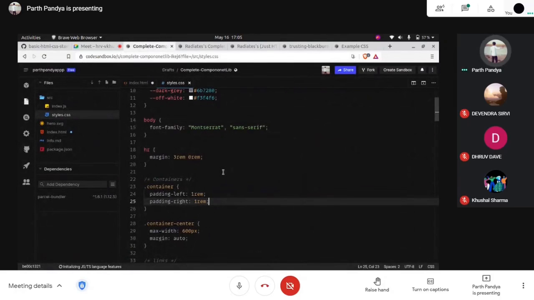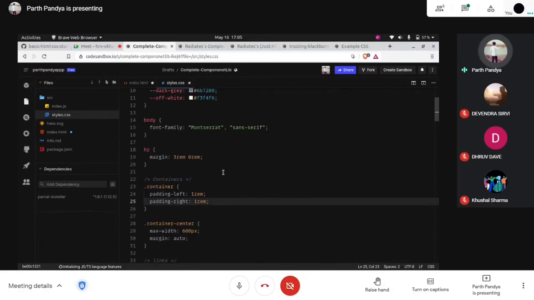What are actually CSS selectors? CSS selectors are nothing but the targets, the way to target HTML elements to design them using CSS. These are CSS selectors, nothing more than that.